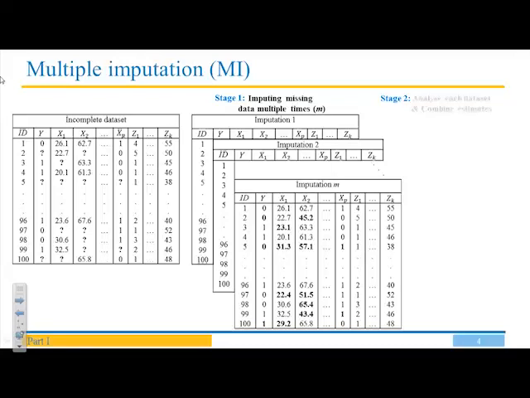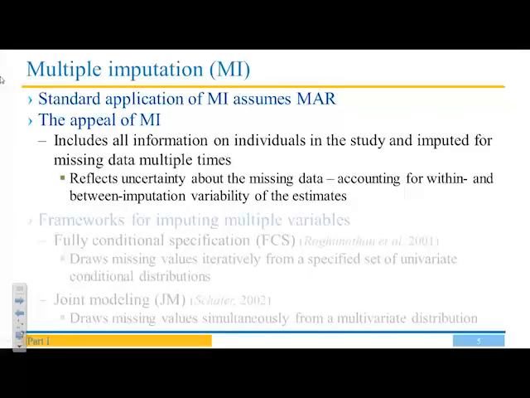In the second stage, each completed data set is analyzed separately using a statistical method applicable to complete data. And then the obtained parameter estimates and their associated variance are combined using special rules called Rubin's rules to obtain an overall multiple imputation estimate. So most implementations of multiple imputation assume that missing data are missing at random. The good thing about MI is that it includes all the information on the individuals that we have, but it also imputes missing data multiple times, so it accounts for the uncertainty around missing data, and in fact, it reflects the between and within imputation variability of the